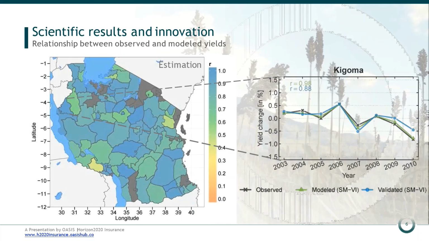So, and these are the results we gain from Tanzania here on district level, and you can see with this map, these are the results from the crop model. And yeah, you see that in most of the regions there's a very high correlation between the observed yields and the model yield in the past years. And of course, this is only the average over time.